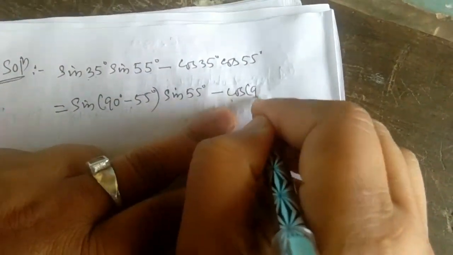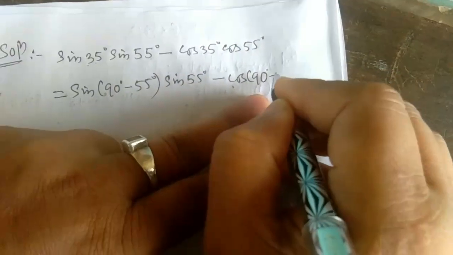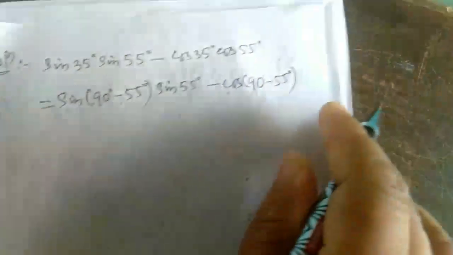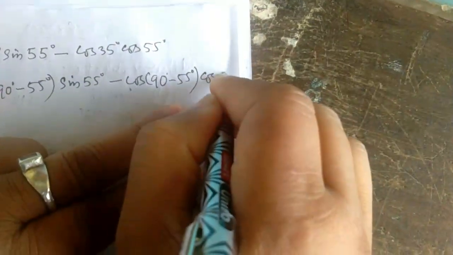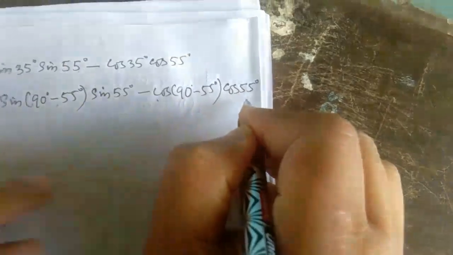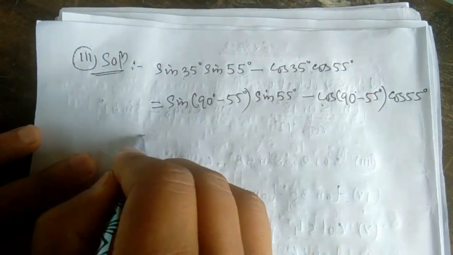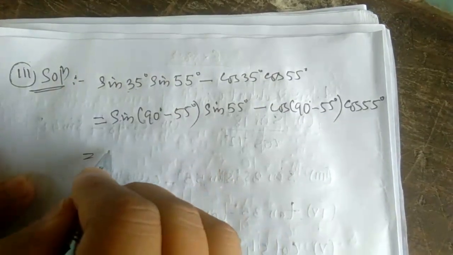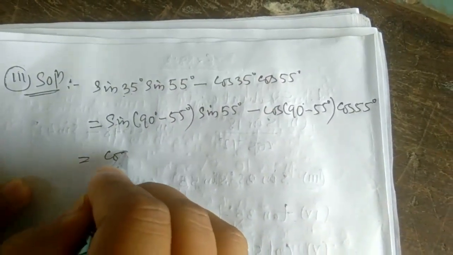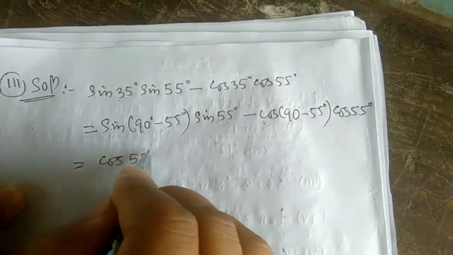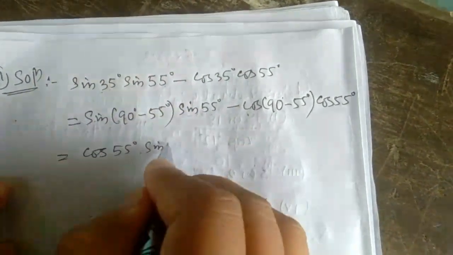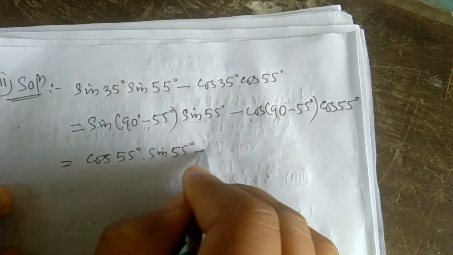Cos 90 degree minus, directly you will get 55 degree into cos 55 degree. Then sin 90 minus theta: theta means 55. Sin 90 minus theta equal to cos theta. Cos theta means 55 degree. And this sin will remain as it is, sin 55 degree minus